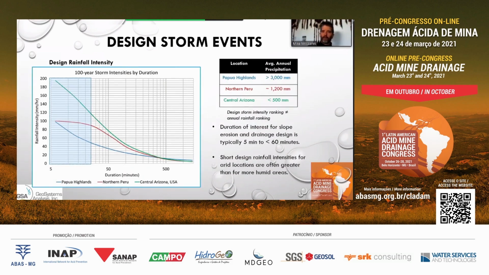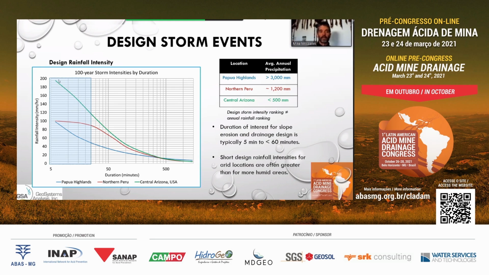Okay, just real briefly, you need to look at the design storm intensities. Typically these are between 5-minute and 60-minute intervals. The 24-hour storm doesn't really tell you what you need to know if you're designing for erosion resistance. And what's quite interesting is in the semi-arid areas, especially if you have convective type thunderstorm events, the design storm